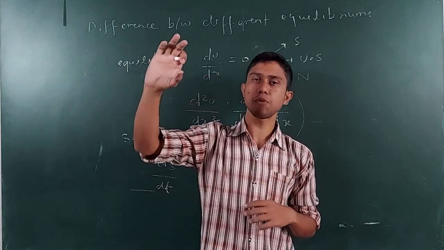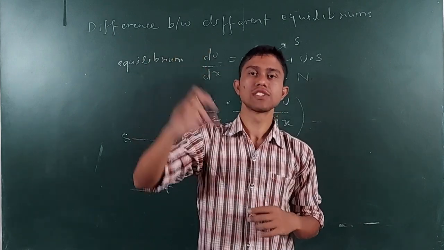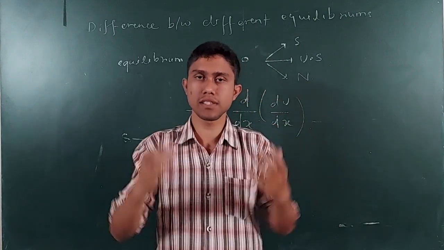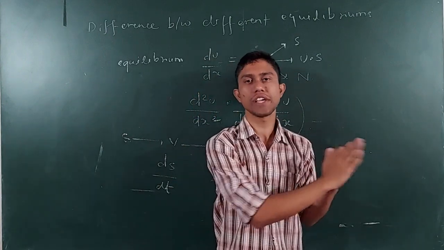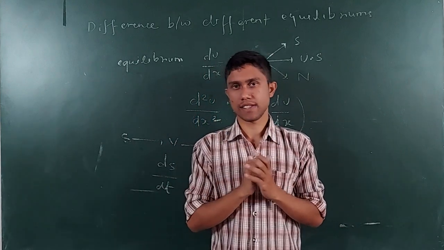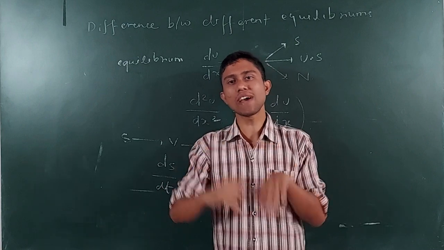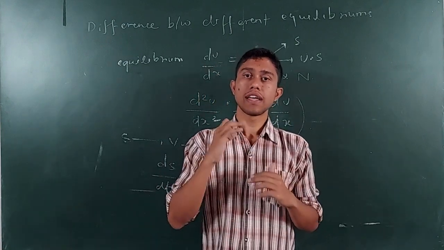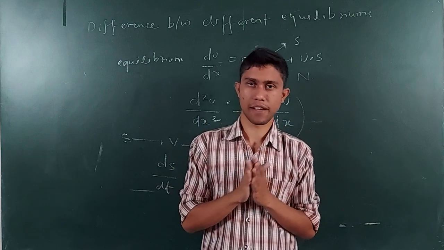मीन्स सपोज एट दिस पॉइंट du by dx is this much, and suppose at a different point du by dx is this much. So how is it changing? How is du by dx changing? What is du by dx? du by dx means कि u कैसे चेंज हो रहा है. But what is d square u by dx square? ये है du by dx कैसे चेंज हो रहा है.